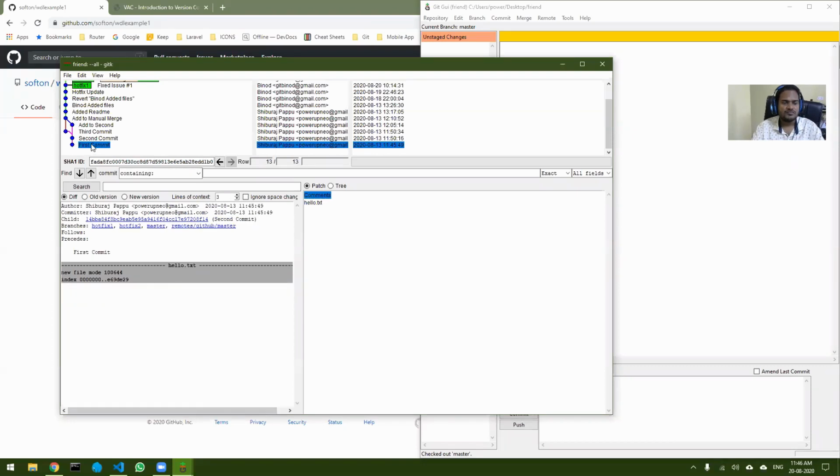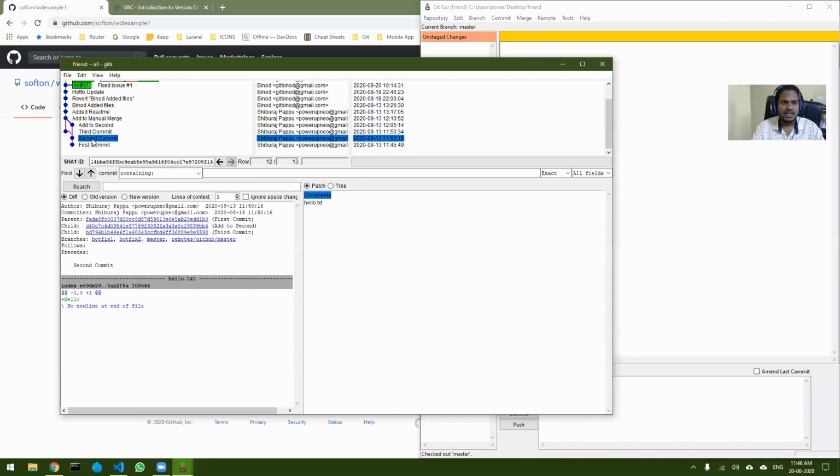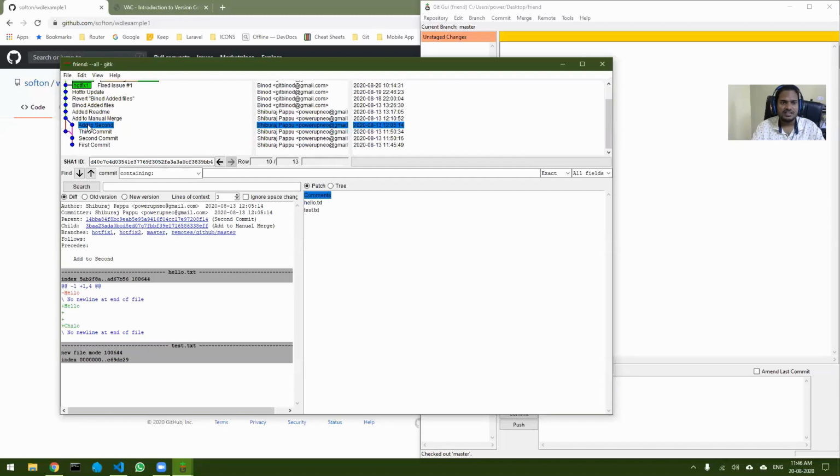This is where you started: first commit, then second commit, and after that you branched to the third commit and the add to second. This was a branch that we created, if you remember, and later on we merged them together.